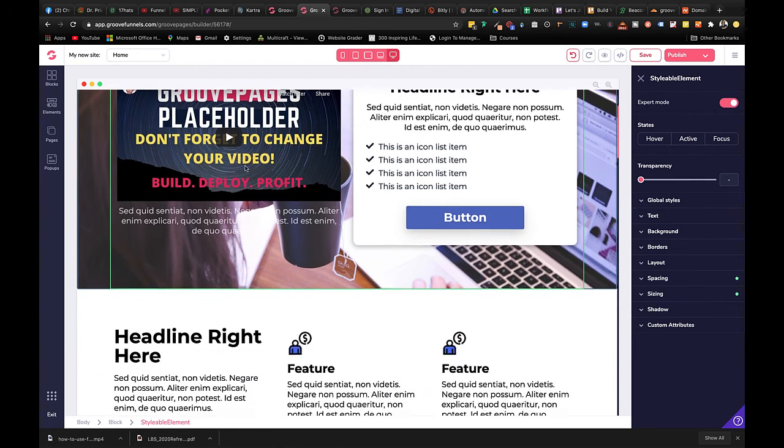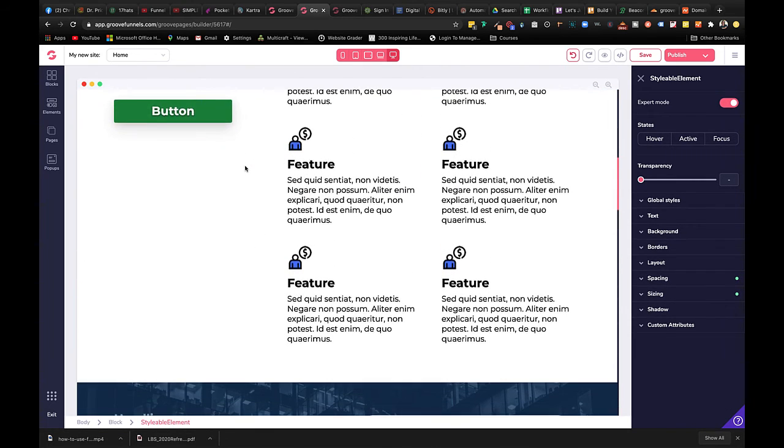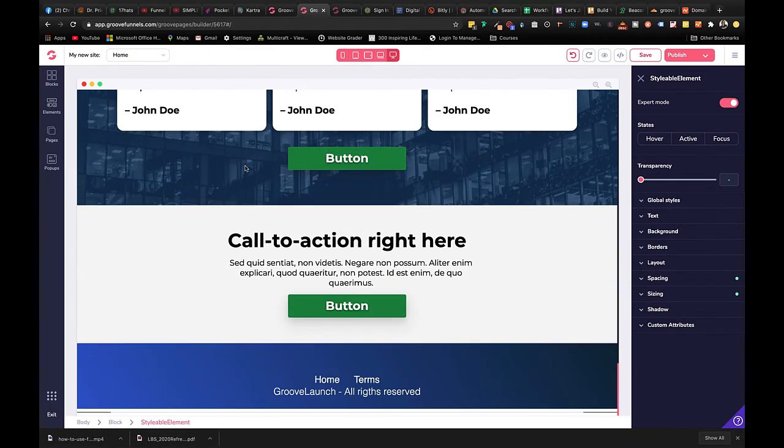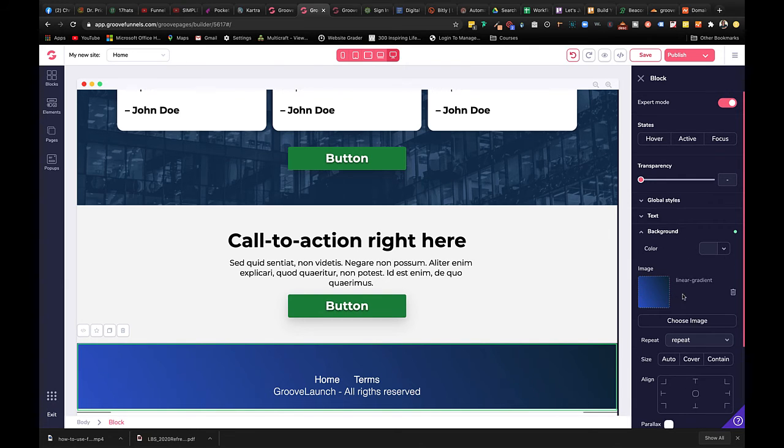And we can find some. But that should give you a quick overview, quick look at starting a new page, things you might need to take care of right off the bat, how to change some of these colors. That's got an interesting linear gradient, which I love that you can do that, but